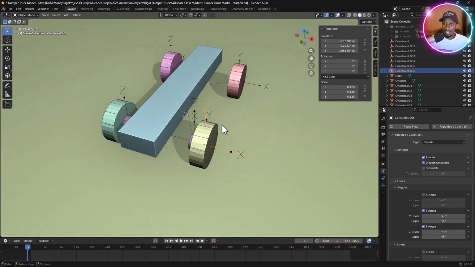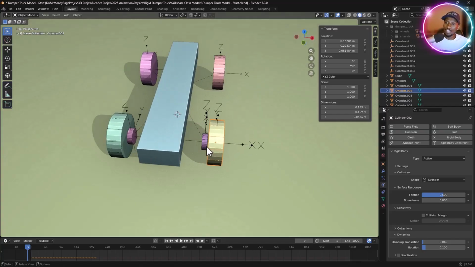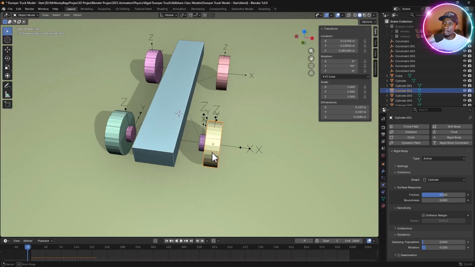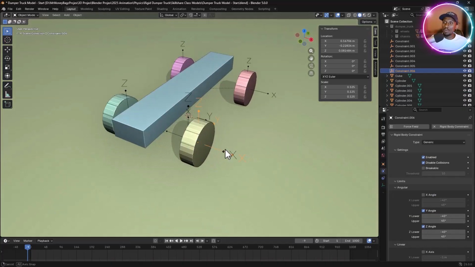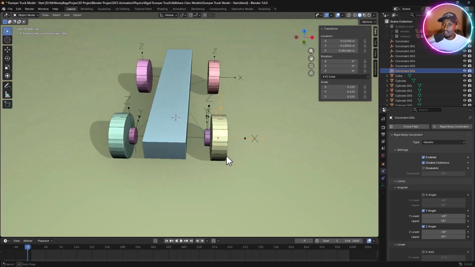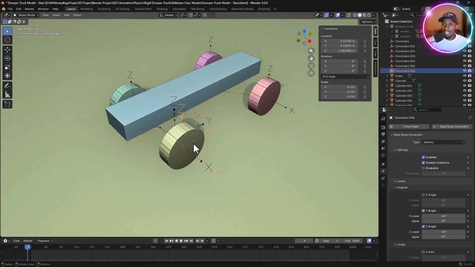The Z axis, of course, we don't want it rotating in this direction because it's going to be rotated by the disc. It should not rotate itself. When the disc rotates, the wheel rotates. So selecting this again, limit it in that. But we want the wheel to rotate in the X while it's attached to the disc. Rotate in the X,